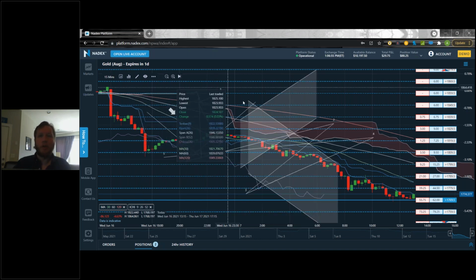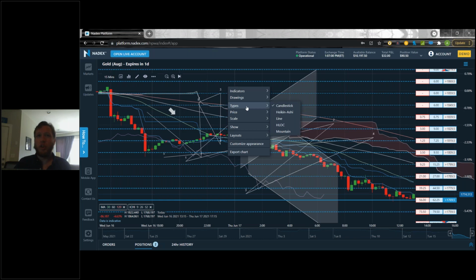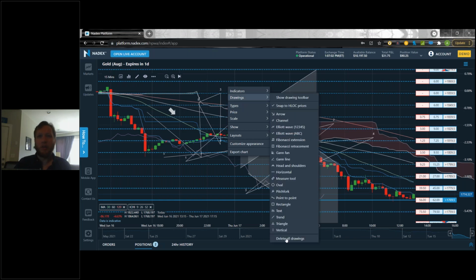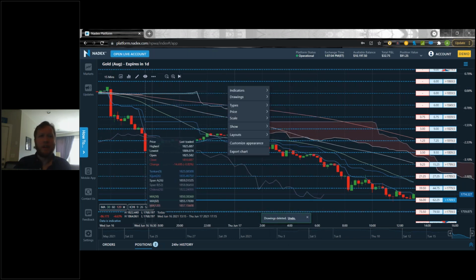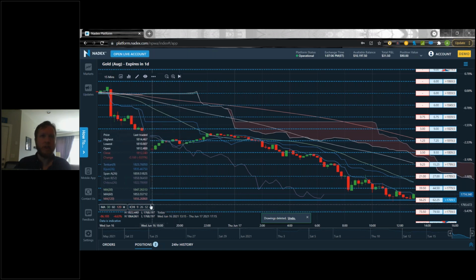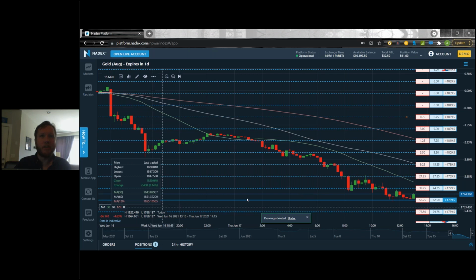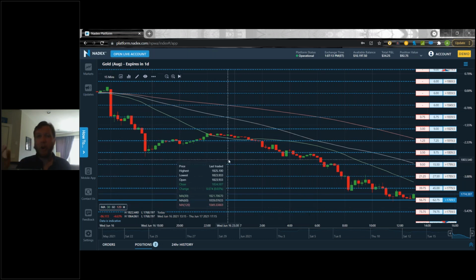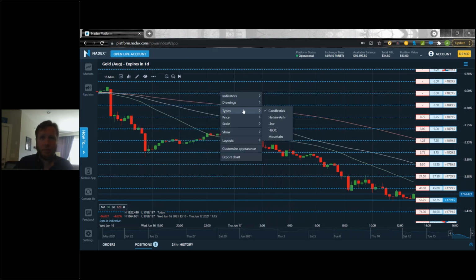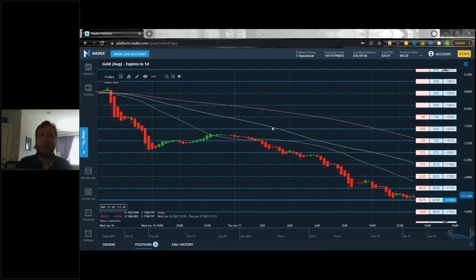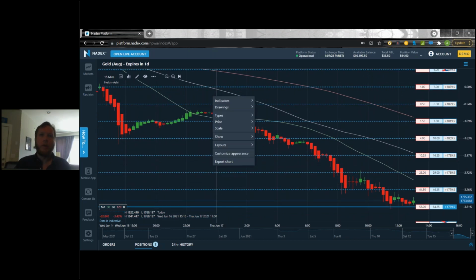Moving on down from the drawings, we have our different charting types. I'm actually going to delete all the drawings because it's a little bit messy right now, and I'm going to remove the indicators as well. See this little X next to Ichi? You can hit this, and you can see my Ichimoku indicators are gone. Now we have our chart types. So we have candlesticks, we have the Heikin Ashi charts. Very briefly, the Heikin Ashi charts just give you an average candlestick, so it smooths those candles out. We have our line chart.